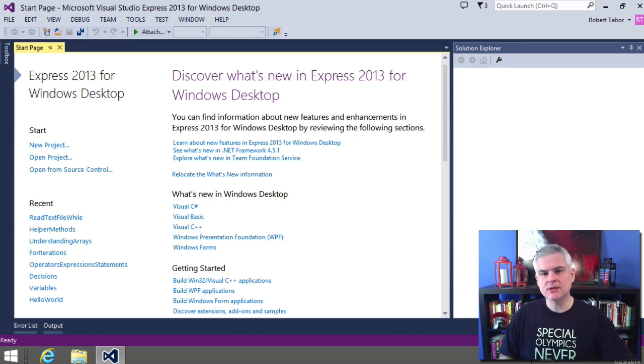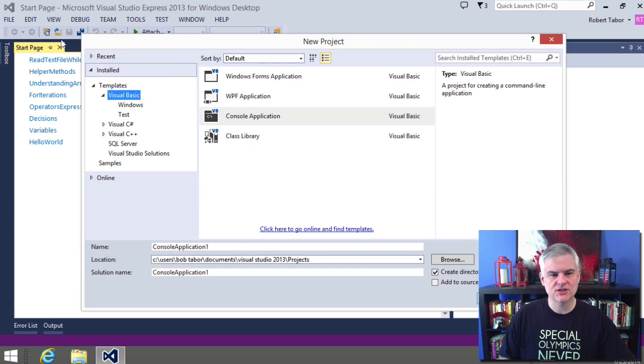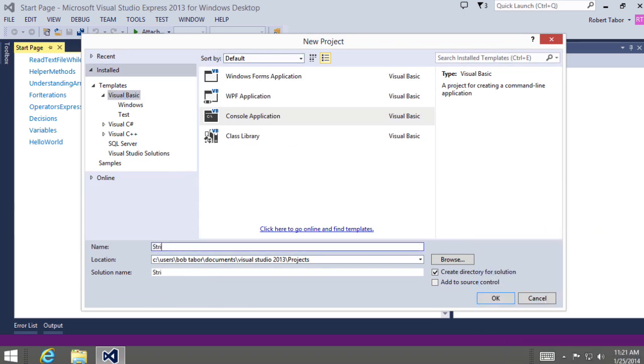Mastering string manipulation is a vital skill, so in this lesson I'm going to demonstrate several common string manipulations that are made easy by the .NET Framework class library String class and some built-in features and functions of Visual Basic as well. So to begin with, I'm going to create a new project called Strings,